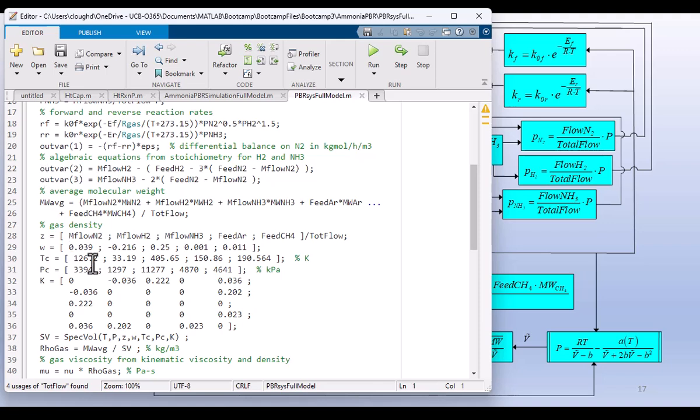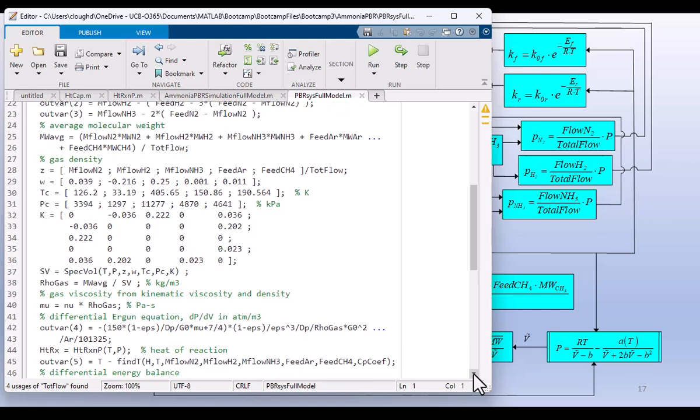And then we come down here and we deal with the Ergun equation to get the differential of pressure, and that's more complicated, but it follows, going way back to the slides, to come up with the calculations using our binary coefficients. And in order to do this, we also need what is the specific volume of the gas. That's the V with the tilde over it. So let's go see how we get that by opening the function